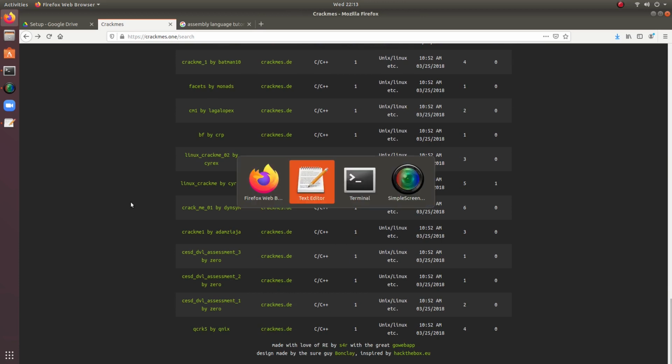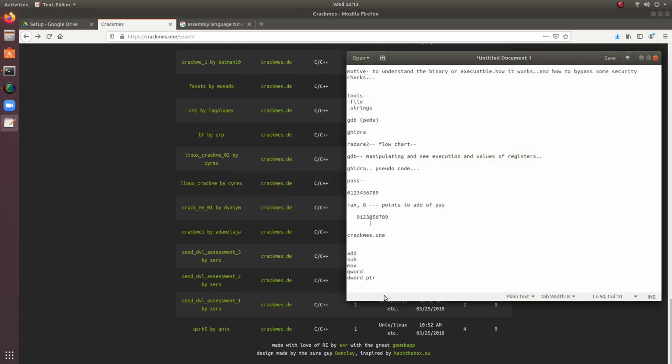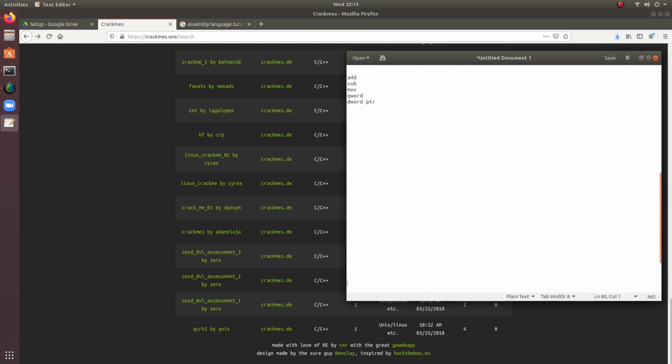Okay, one more thing, I forgot to mention. Not only binaries are given to you; you have Python code also. Python reversing. Let's say I have a function that takes the input